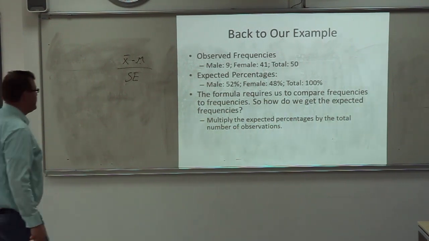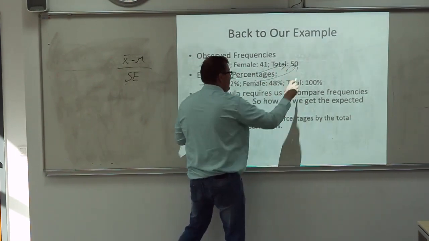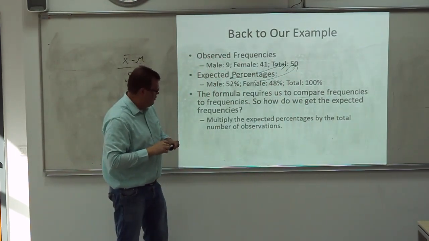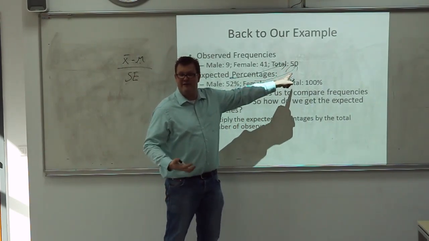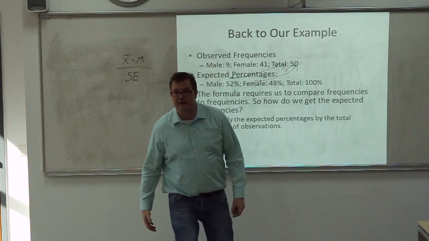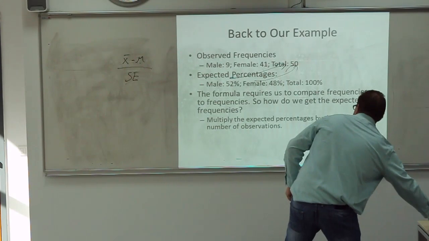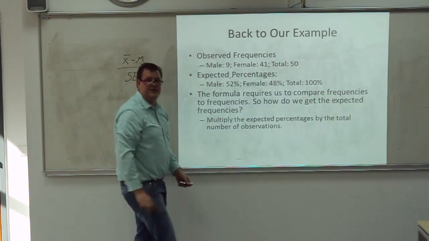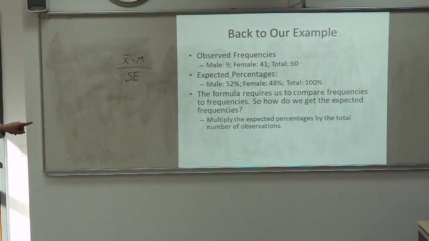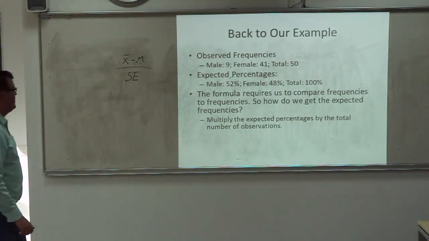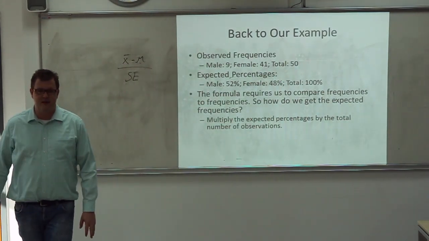I prefer doing it by multiplying these times that, because not all the time will you have something that's nicely divisible by a factor of 2. What if I had 183 observed, right? If you do it this way, it should be easier for you. Okay, so we're going to multiply the expected percentages by the total number of observations. So 0.52 times 50, that should give us